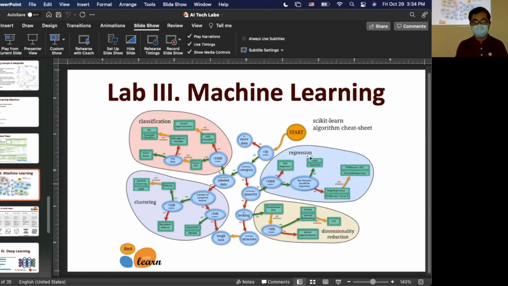Scikit-learn gives you an idea that if you follow a path, you will land on an island. So you will be able to identify, okay, my problem is a classification problem, or if your path is like this, your problem may be a regression problem.